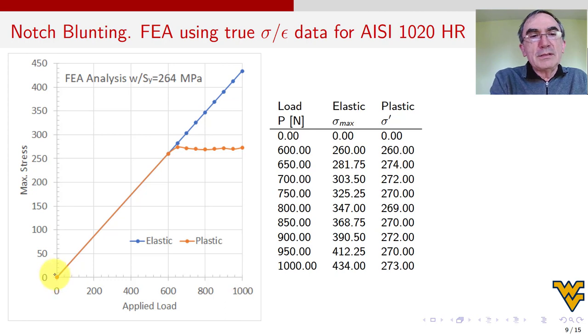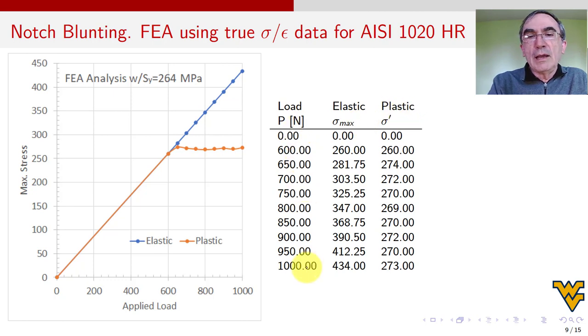So when I apply about 600, I'm a little bit below yield, okay? Now, if the material was elastic, you apply more, then you go on the blue line. Okay, this slope is the real modulus of elasticity of AISI 1020, okay? And this is the Sy of 1020HR, all right? So, okay, now if I put a little bit more than 600, then nothing happened really. Go up a little bit, then just oscillates over here, you see, it's constant. So that's the elastoplastic assumption. It's not applied, but you can see it's good, okay? Because from experimental data, it looks like elastoplastic, yes? And so here we have load, elastic, and plastic.